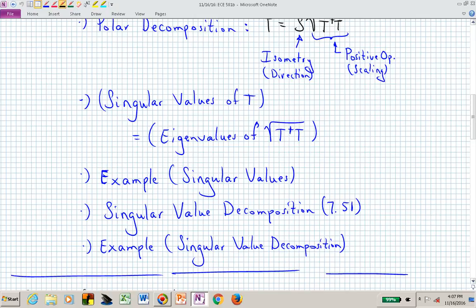So an operator is square. It may or may not be invertible, right? An operator is just a mapping from one vector space back to itself. So the input vector space dimension is the same as the output vector space dimension. A map can have different input and output vector space dimensions, and we usually don't have a clean thought process of an inverse with inconsistent dimensions, but you can have a generalized inverse, and the singular value decomposition will allow us to talk a little bit about that in terms of constructing a lot of